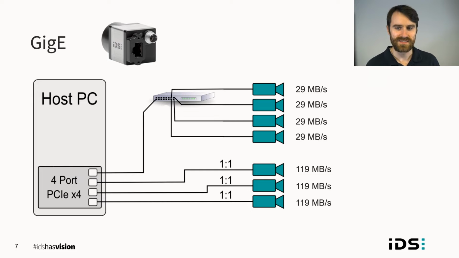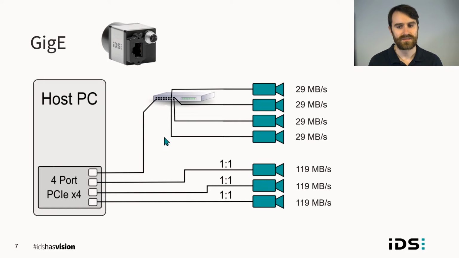On a PC, you'll typically find one Ethernet port, and usually this is still Gigabit Ethernet. Sometimes it's faster, and these are backwards compatible, so that's good. To increase the number of ports, you would use a network switch that's rated for at least Gigabit Ethernet. Almost all switches are externally powered, and some are rated for Power over Ethernet, which allows a single cable to provide power and data to and from the camera.